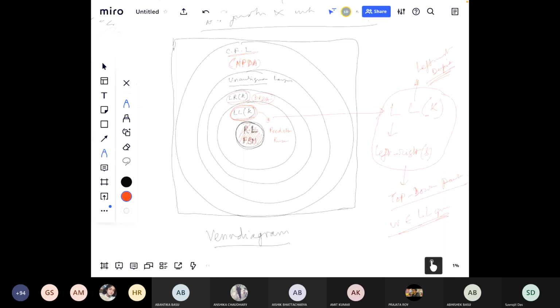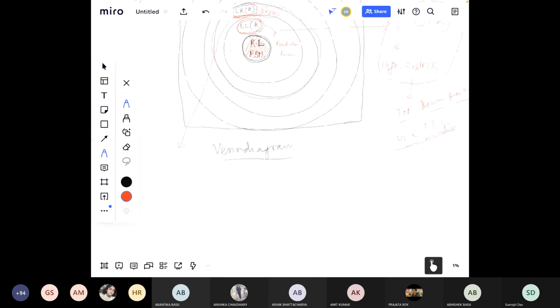And it is contained within a class called LRK, right? This L stands as usual for left to right. This LR, L stands for left to right. So if I elaborate LR here, this L stands for again a left to right scan. But this R stands for rightmost derivation, right? Rightmost derivation. And this is another class of languages, or the grammar equivalent of that language,